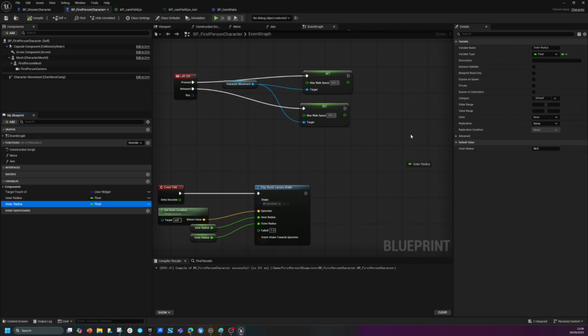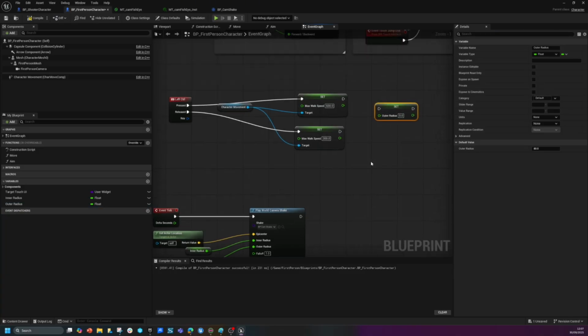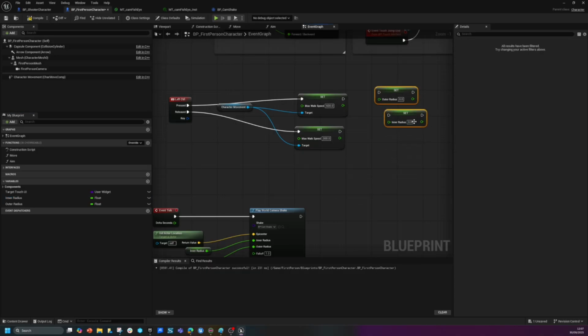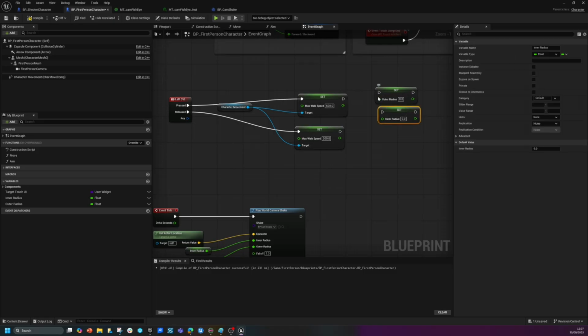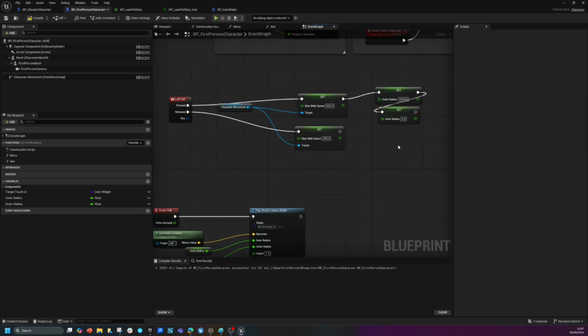Let's grab you first. I'm going to set you. And when I'm pressing the button, I want to ramp you up and the inner radius as well. Setting radius. Okay. So when you are pressed, you're going to go up to, let's go crazy, 5,000. You're going to go up to 1,000. And when you're not pressed, you're